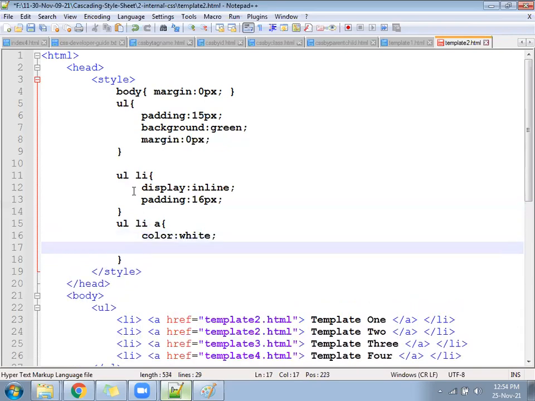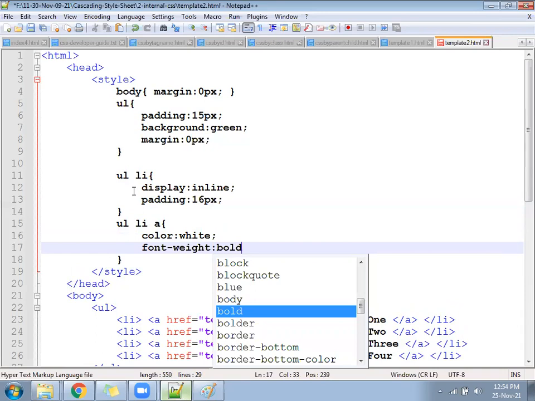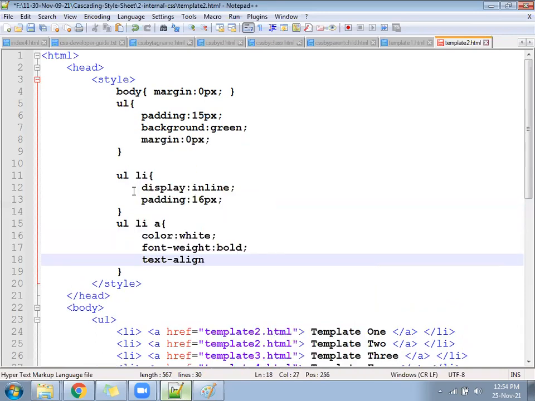Then font weight should be bold, and text align should be center. You will find all the li will come in one line.